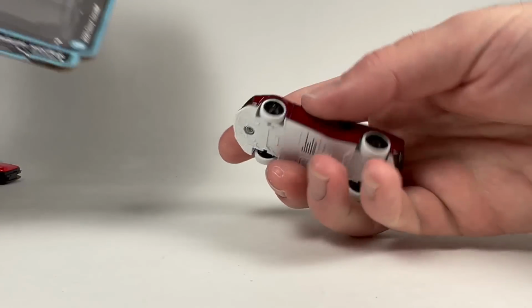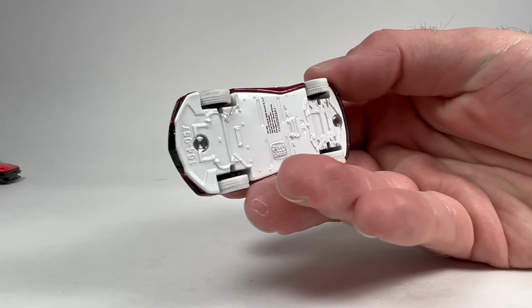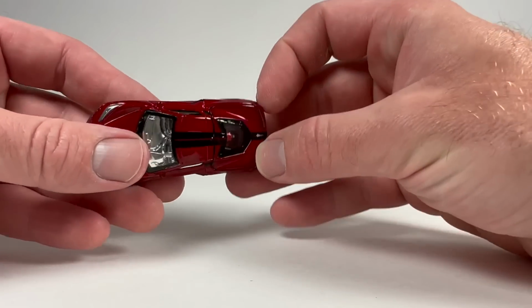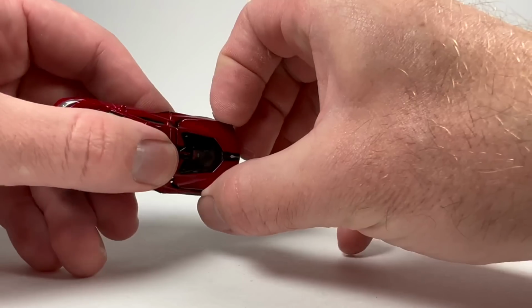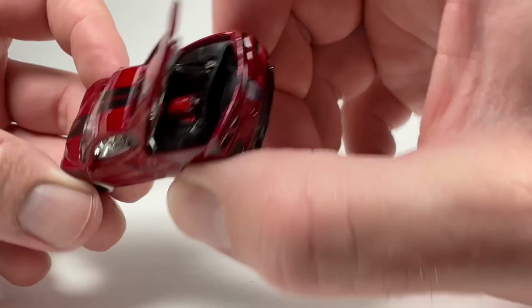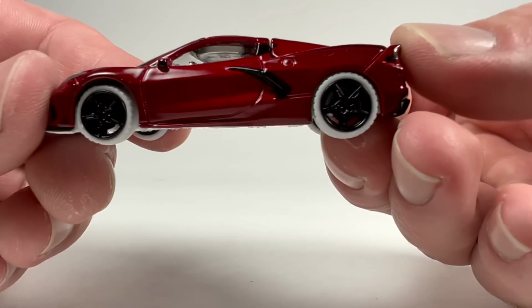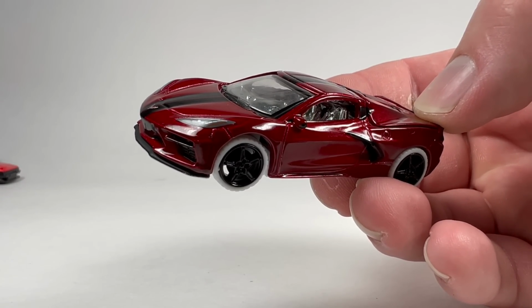But the Ultra Red traits for this are as follows. We get a chrome interior, white rims, white base, and Ultra Red body. All in all, it's pretty cool. This Corvette casting is neat. It's got the opening engine cover. And, yeah, looks like a chase. Has the white wheels. Goes after the traits of the version...